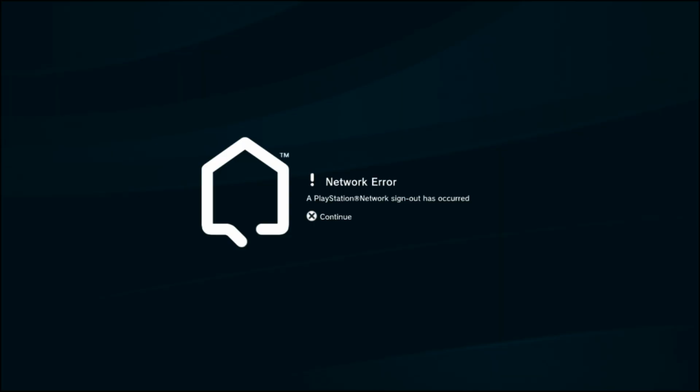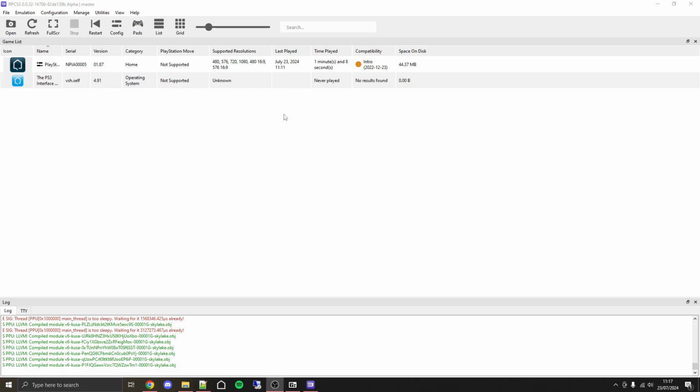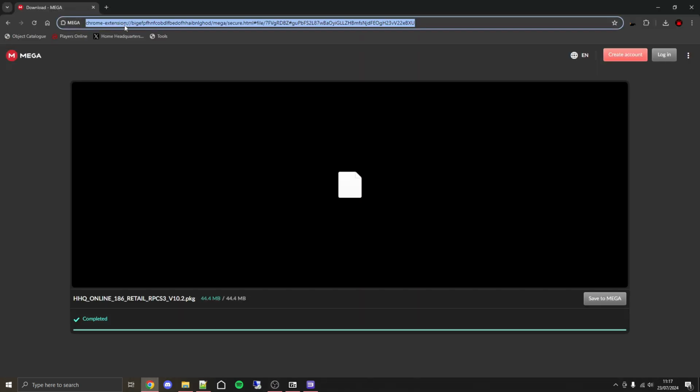Now if you get an error like this, don't worry, it's probably just because your internet service provider, your ISP, is blocking RPCN for whatever reason, but don't worry, there's a very easy workaround and here's what to do. So close PS Home and then go back into your browser once again, and now we want to just type in